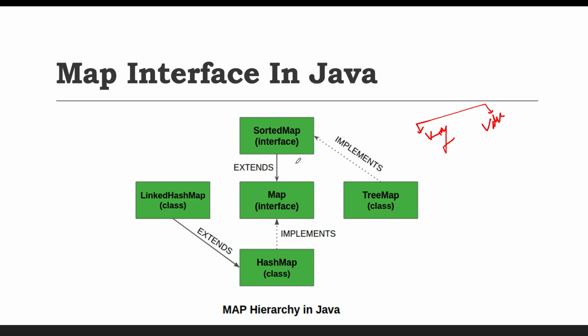So let's see what classes are available. Since Map is an interface, there must be some classes that implement it. The implementation classes are HashMap, LinkedHashMap and TreeMap. These classes provide functionality similar to the Set interface or List interface, but in a different format, because there we store the value directly, while in the Map interface we store the value as a key and value pair. According to the different class implementations, each provides a different kind of behavior, so we will see them one by one.